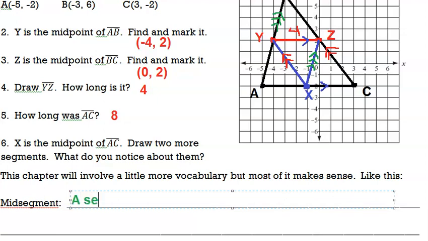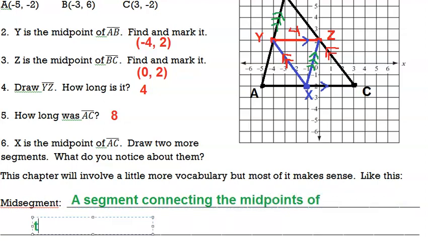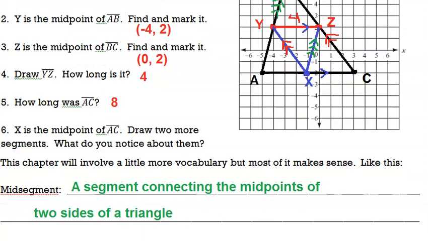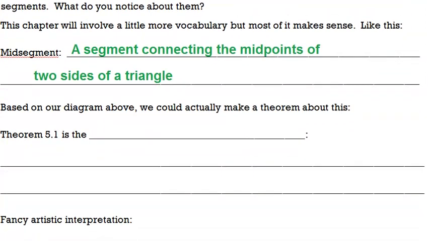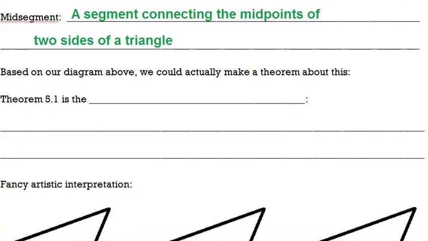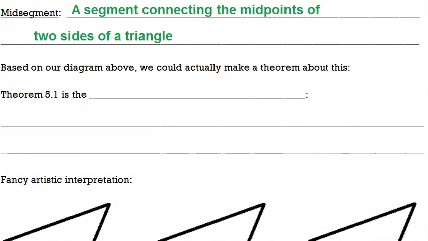So that would be a segment connecting the midpoints of two of the sides of a triangle. So if you have two midpoints and you connect them, you get a midsegment. And there should be three of them